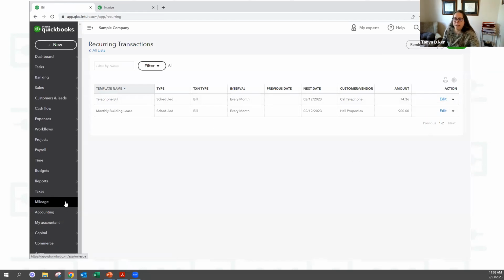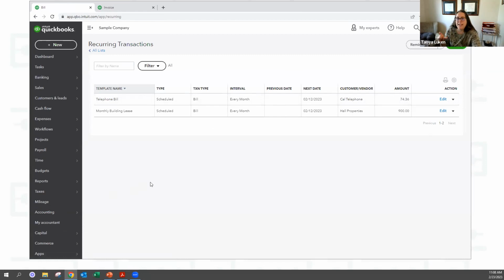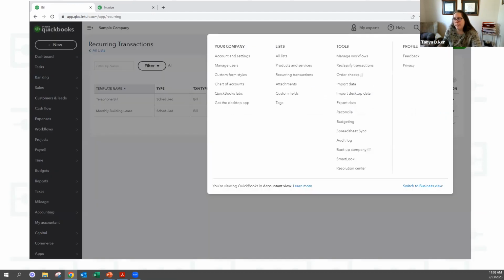Okay, so reconciliation. Reconciling your QuickBooks bank accounts is something that I feel like all of you should be able to do. Don't do it when you're frustrated, maybe do it with an adult beverage, but you have to use your brain a little bit more. You're not just adding something new to QuickBooks. So you go into the gear icon and then reconcile is here under tools.